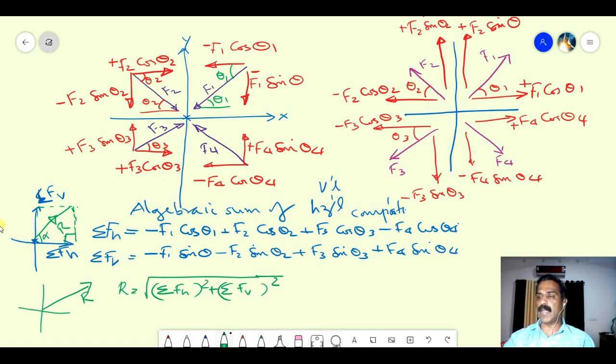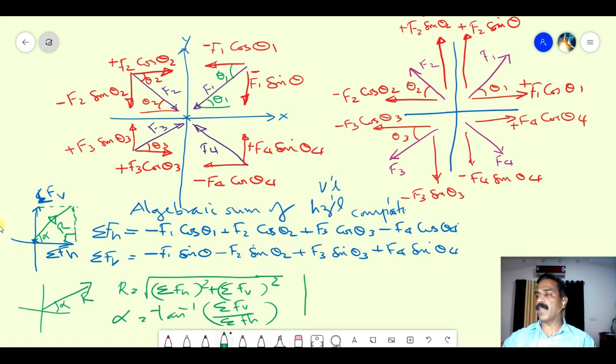And to find out the angle alpha, we can use tan alpha. Tan alpha is equal to opposite side by adjacent side. So alpha is equal to tan inverse of sigma Fv divided by sigma Fh. So using these two equations, we can finally find out the resultant. This is how we can find out the resultant of a number of forces, if there are more than two forces acting simultaneously at a point, and if the forces are concurrent forces also. Clear? So in the second case, when the forces are acting away from the point,